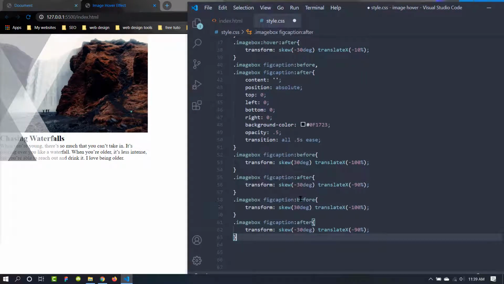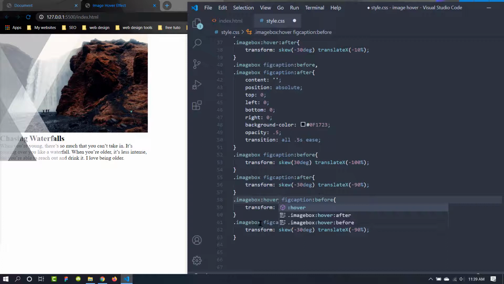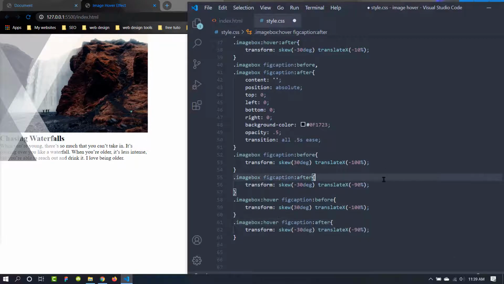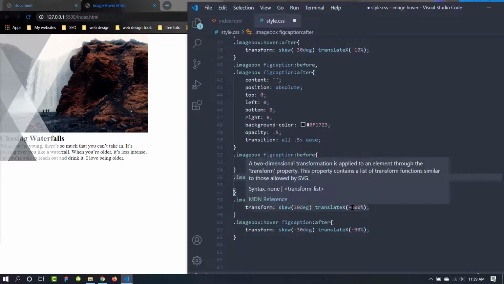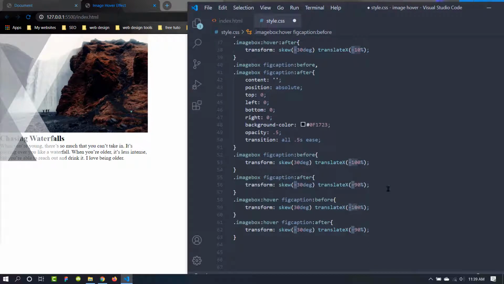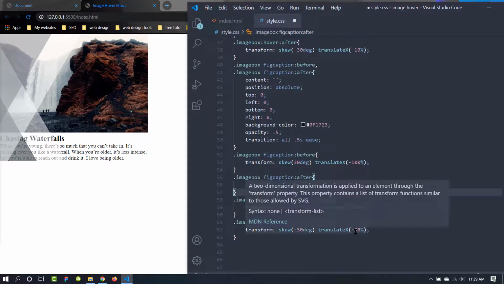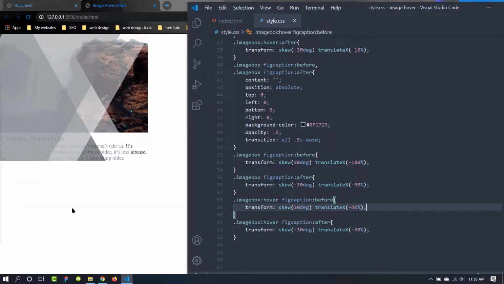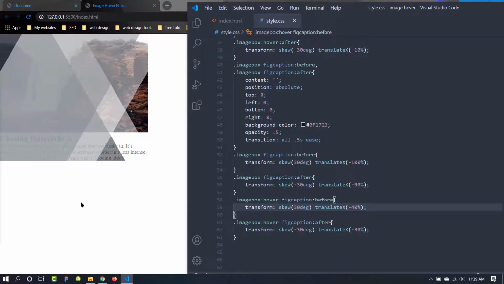Now when we hover the image box, it will happen. So we need to add the hover effect with the image box, not the fig caption. The skew is 30 degree and the translate x is -100%. We are also going to reduce it by 60%. That will make it 40%, and in this case 30%. Let's save, and this is our hover effect.